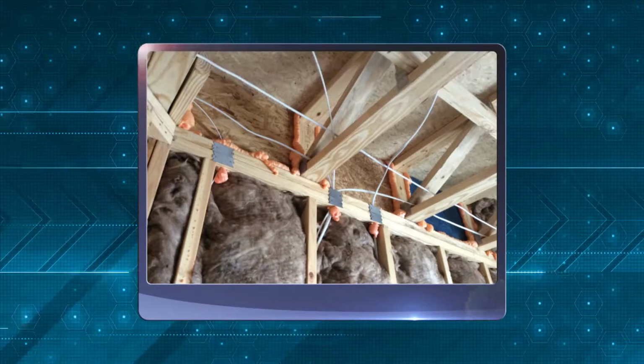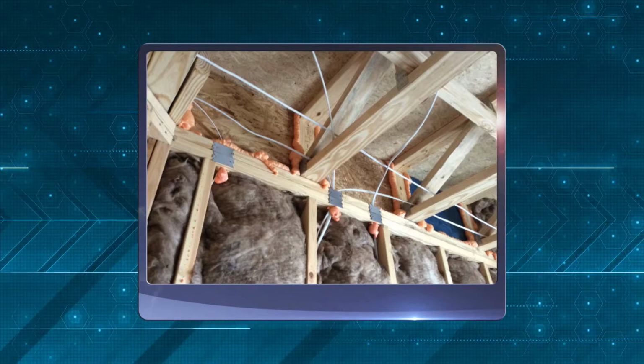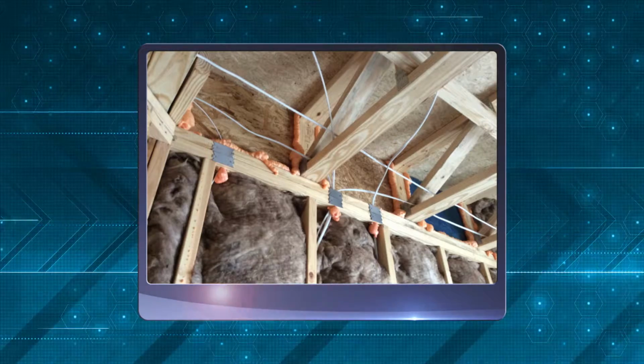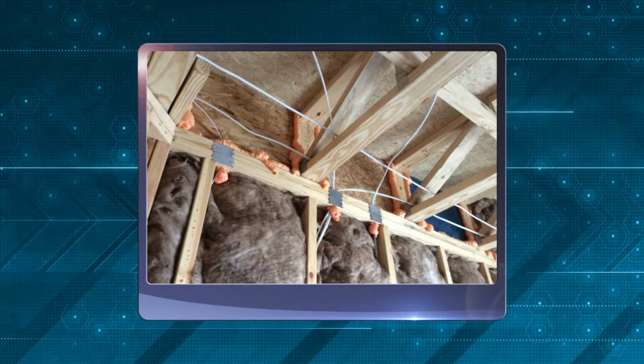The garage must be separated from the house with a sealed air barrier. Typically, this is done by blocking and sealing between the joist bays. In addition, be sure to install drywall or some other approved air barrier continuously around the garage ceiling and walls